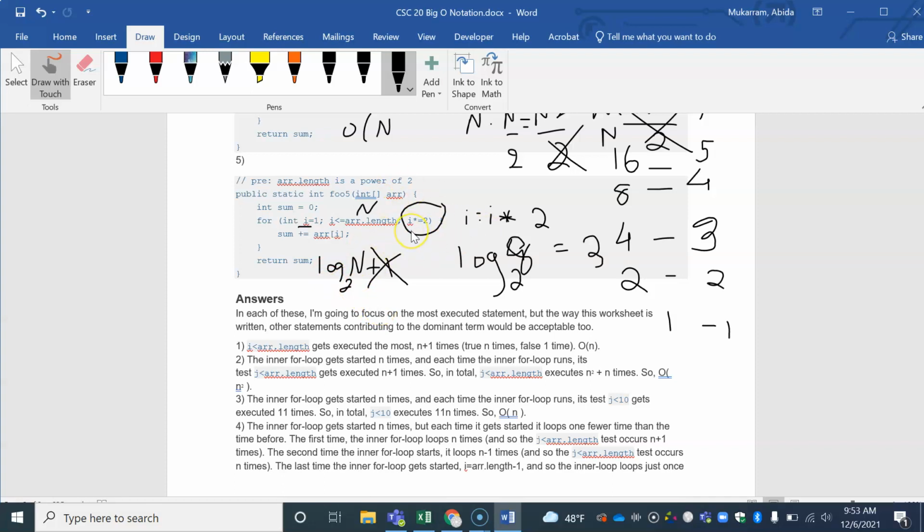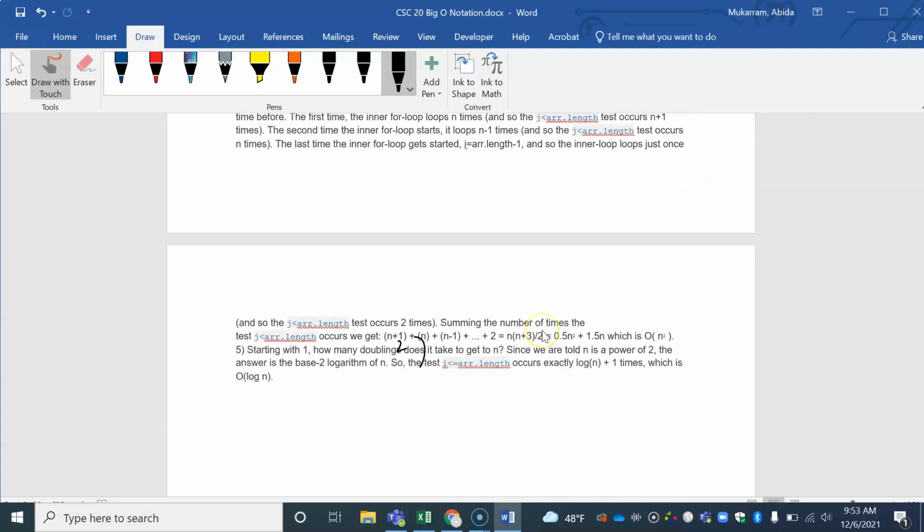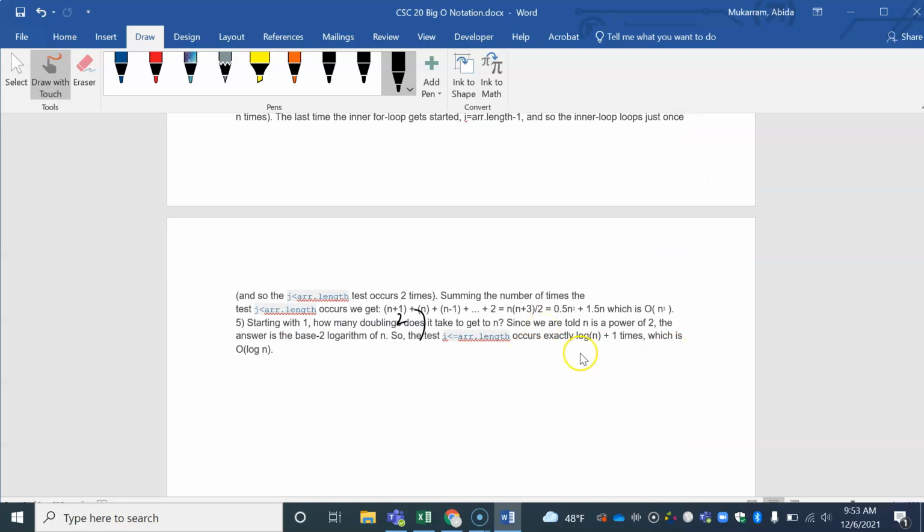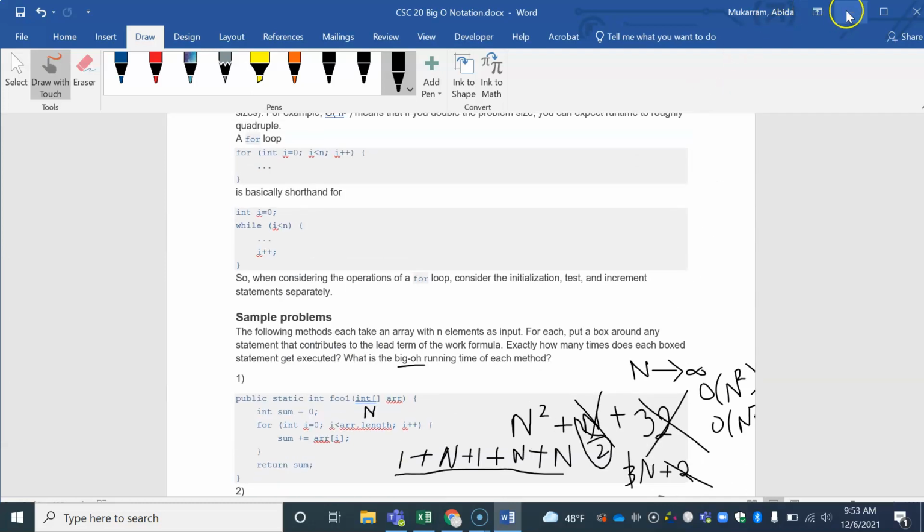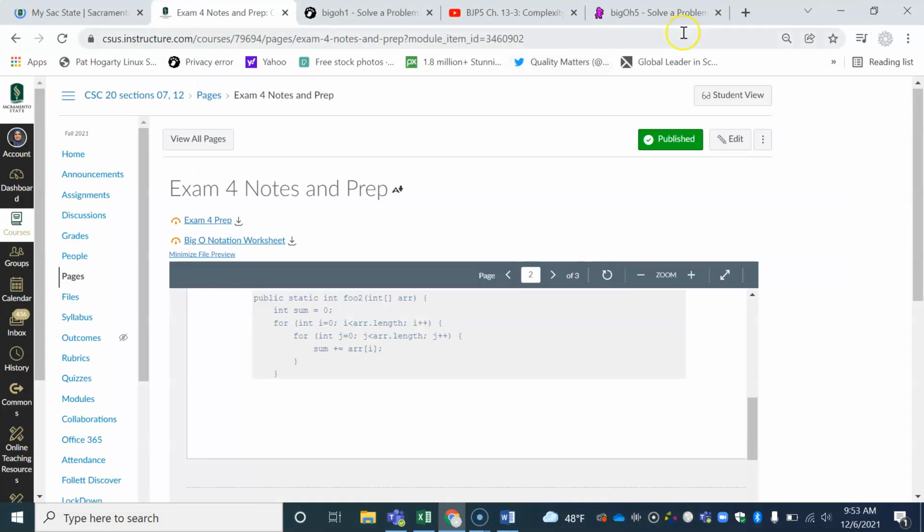So that is something that we need to watch out for, that when we have a loop, we need to examine it before jumping into conclusions. It could be a constant time loop, or it could be a log loop, or it could actually generate an infinite loop. So just to double check the answer, it executes exactly log n plus 1 times, and therefore this is of the order log n. Now I'd like to move quickly to our practice set problems